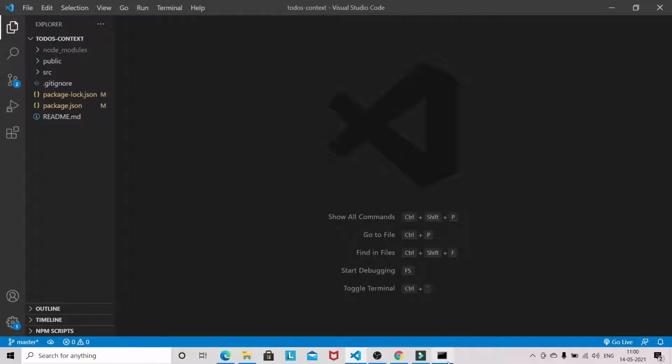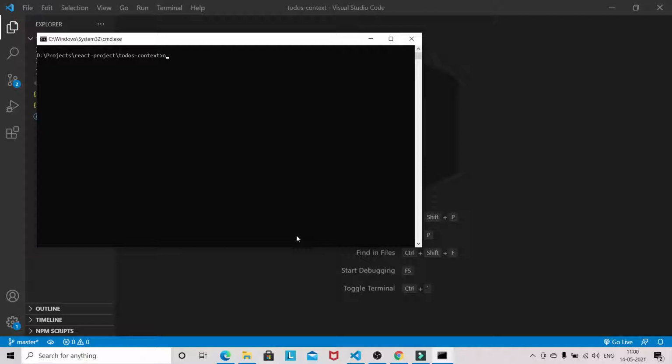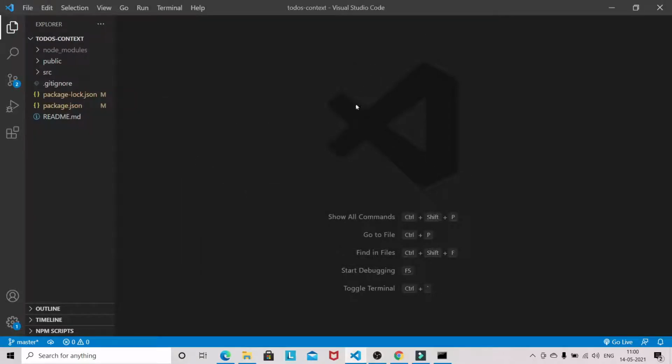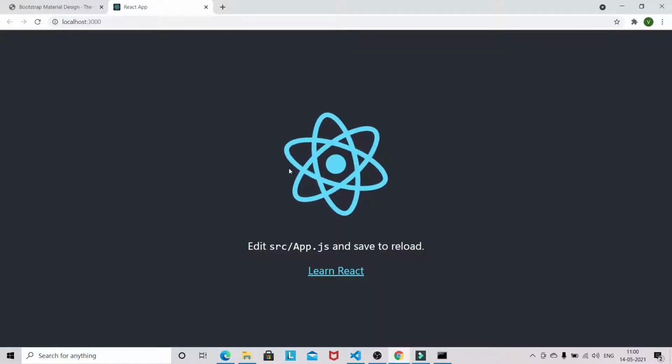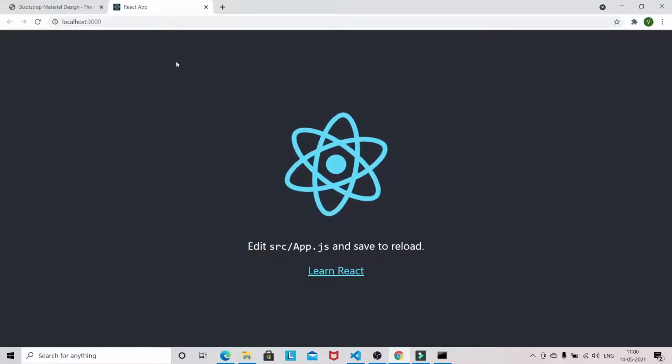Let's see, the package is now installed. Now let's do npm start, and I will close this one. Now we got our application up and running.